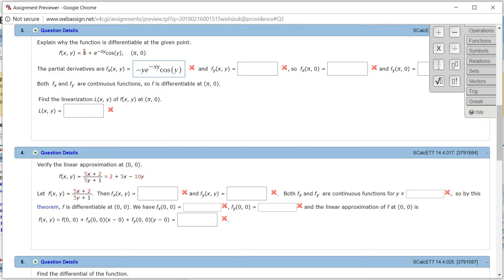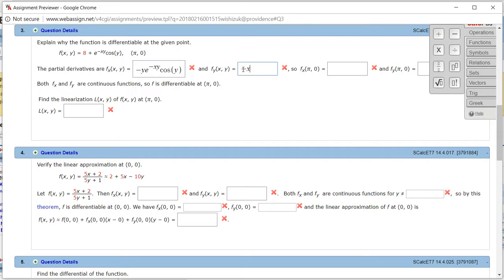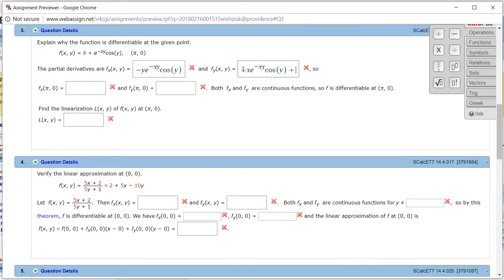And the partial with respect to y, we have to use the product rule there. 8 is gone because the partial derivative of the number 8 with respect to y is 0. So first, the derivative of e to the negative xy with respect to y would be negative x e to the negative xy, times cosine of y, plus